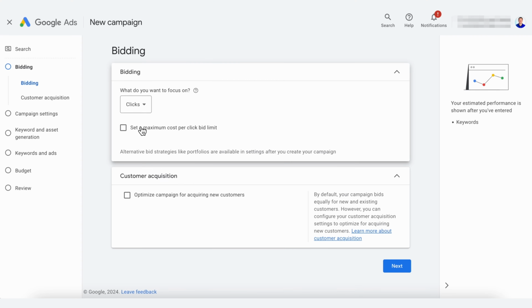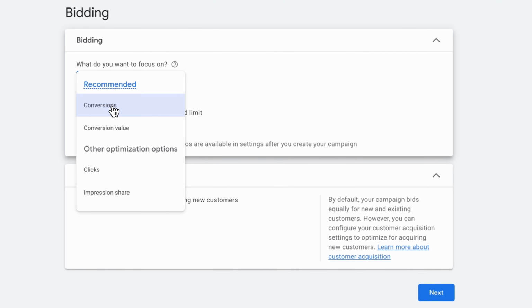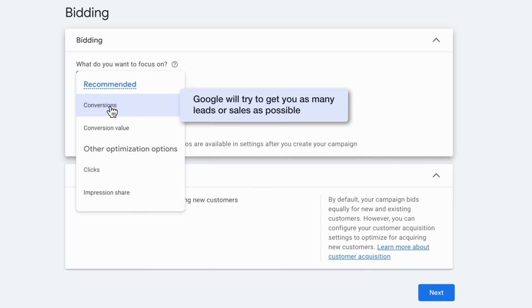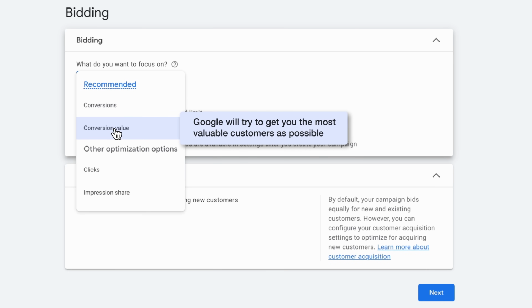If you do have reasonable conversion volume, you've got hundreds, thousands of conversions already within your ad account, and this is really important, and you are optimizing for the more sophisticated bidding strategies, so things like maximize conversions or maximize conversions value, where Google is going to try and optimize your campaign to get you as many leads or get you as many sales, or even better with conversion value, get you the most valuable customers possible, then it's less important to manually take control of the keyword match type process and narrow things down, because Google has